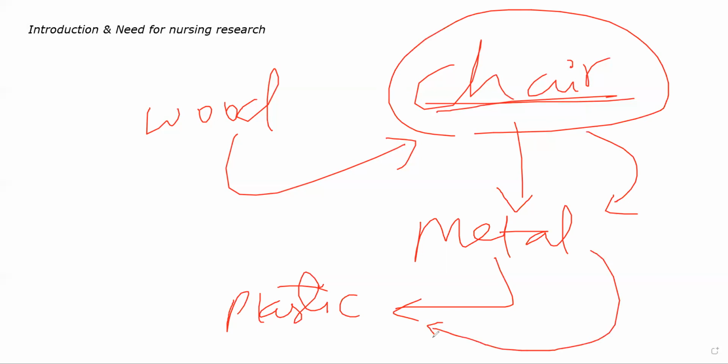Plastic chair might not be as sturdy as metal, but it is much lighter, it is much more portable, you can move it around much more easily when compared to a metal chair. ठीक है, so on and so forth. This is essentially research. आप क्या कर रहे हैं research में? You are creating new knowledge, you are generating new knowledge, or you are improving on existing systems. ठीक है, by using certain scientific methods for fact discovery and allowing for application of that knowledge in new ways to make it more practical.